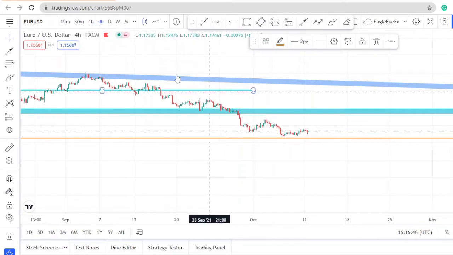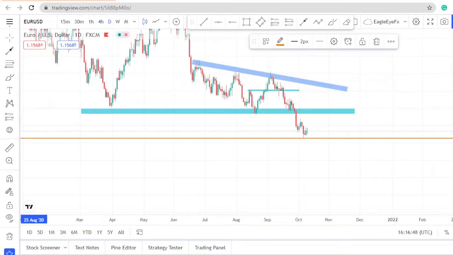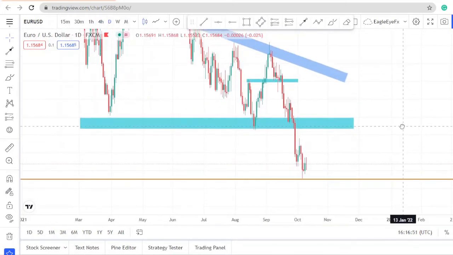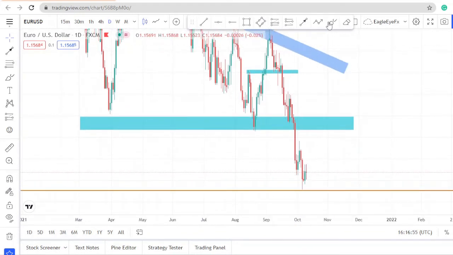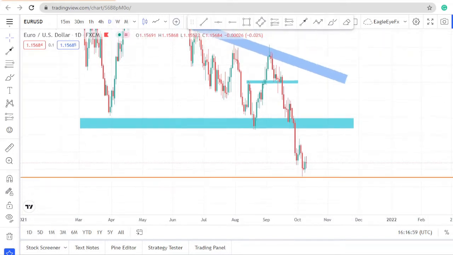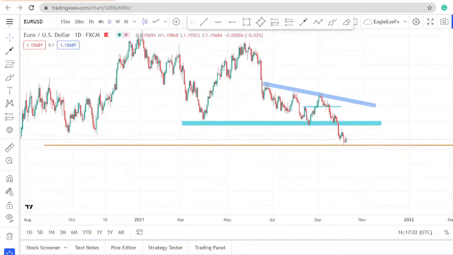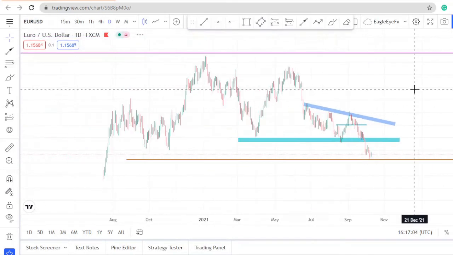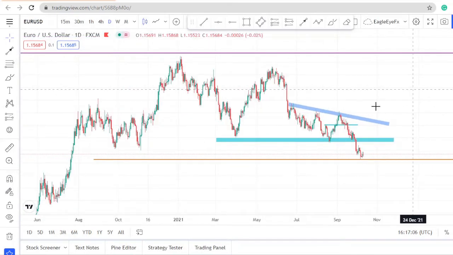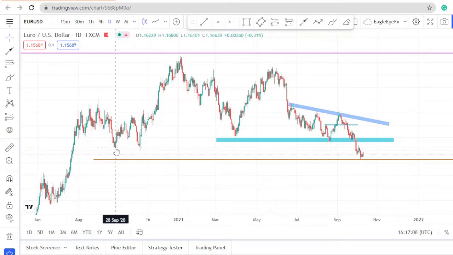So let's go to the 4-hour time frame. So already from the daily time frame, you can see that we're looking for buying opportunities. All right, we're looking for buying opportunities. Yeah, looking for buying opportunities, because you see that even the last time